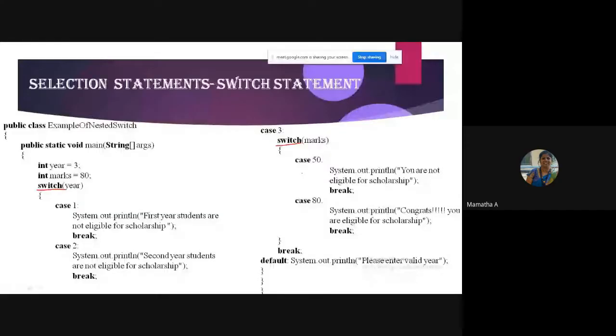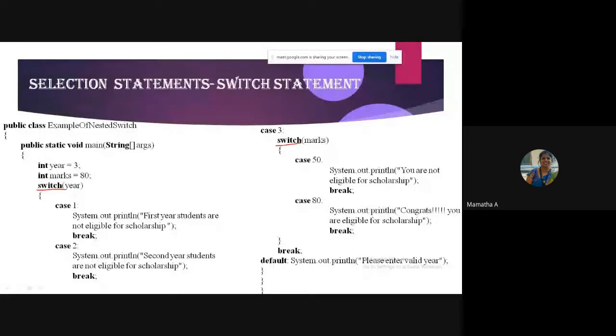The outer switch corresponds to which entity? What is it checking for?